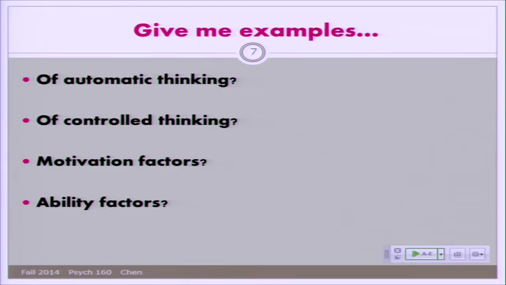Okay, what's an ability circumstance? What's an example of an ability factor, either high ability or low ability, which would lead you to be either more inclined or able to engage in controlled thinking if the situation called for it, or less inclined? What's a factor that can affect your mental resources, your mental ability to process in a controlled manner? Yeah. Okay, maybe your cognitive resources, certainly something known as your self-regulatory resources might be particularly taxed because you're hungry or it's threatened. Another example that's a little bit more straightforward. Not that that was wrong, but a little bit more straightforward.